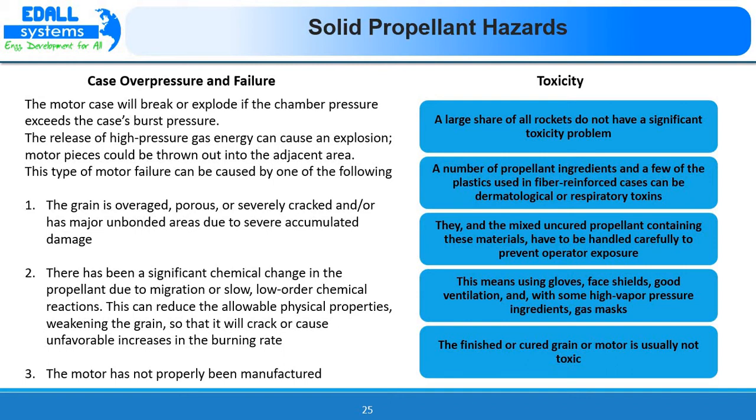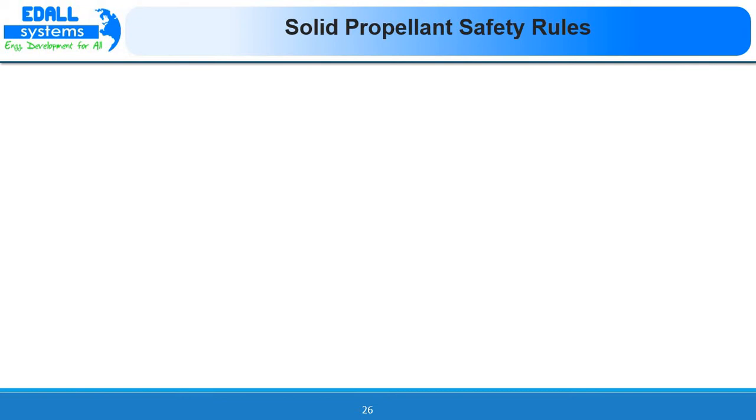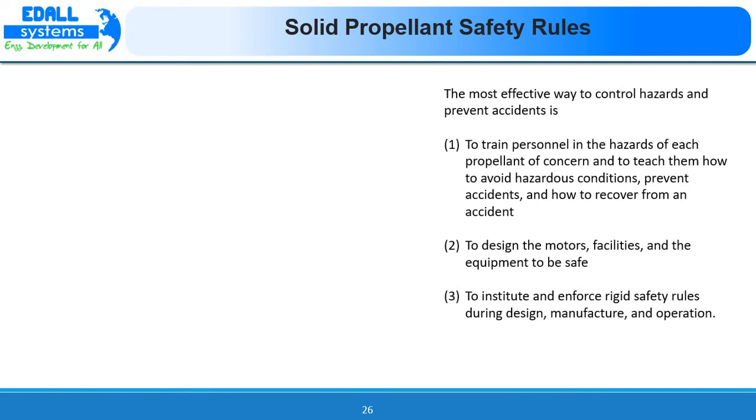The finished or cured grain or motor is usually not toxic, but when it is burned, it may cause toxicity because of the exhaust gases and the smoky flame. So these are some of the safety rules which we have to carry forward. The most effective way to control hazards and prevent accidents is to train personnel in the hazards of each propellant of concern and to teach them how to avoid hazardous conditions, prevent accidents and how to